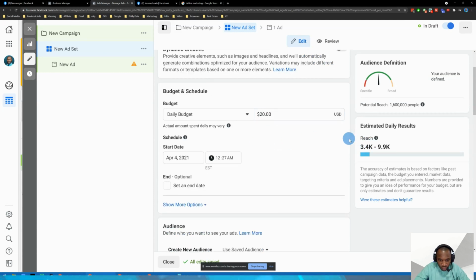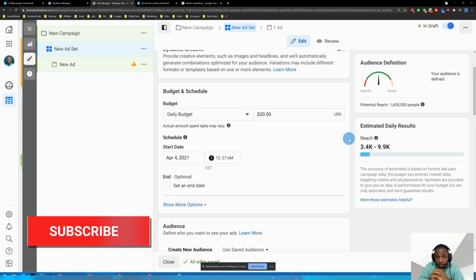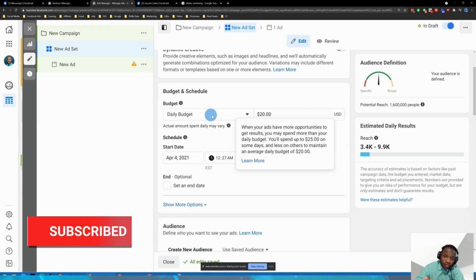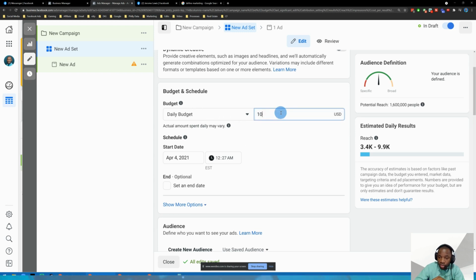So that person, that student, that intern, whoever you're thinking about hiring, develop a budget of what you think it's worth. Let's just say you can't afford something extreme. Let's say you wanted to pay that student $10 an hour, or let's say $10 a day. Since we're doing a daily budget over here, you can put the $10 a day into Facebook Ad Manager, and you can have more success